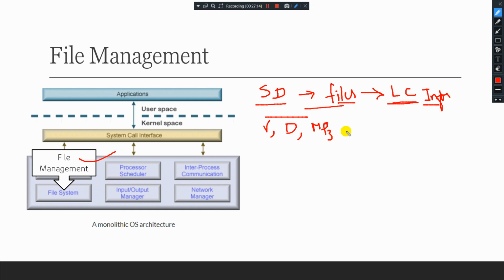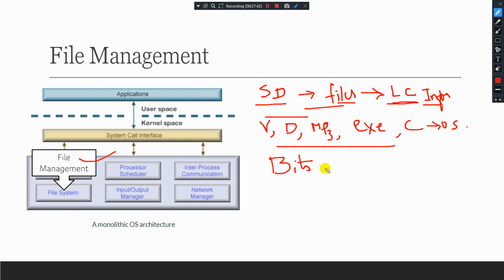A file may contain a report or an executable program, which is nothing but .exe files. It can also have a set of commands for the operating system.